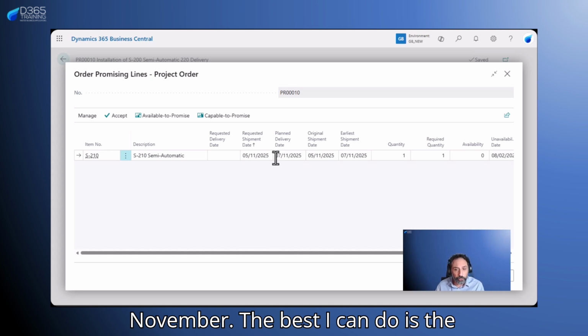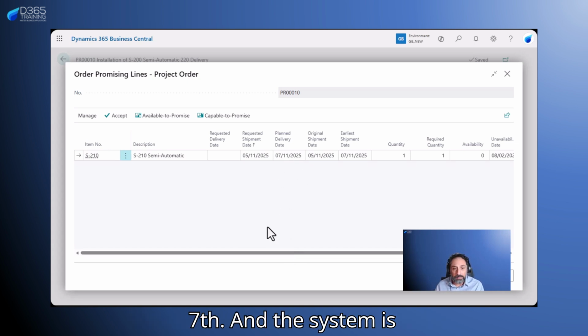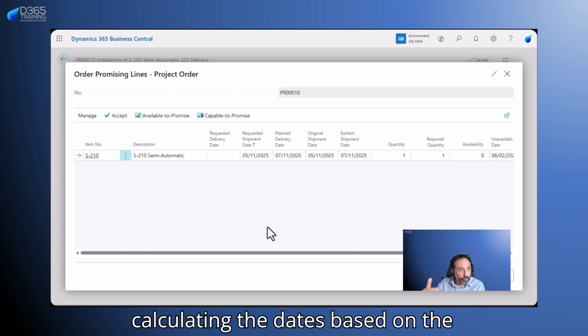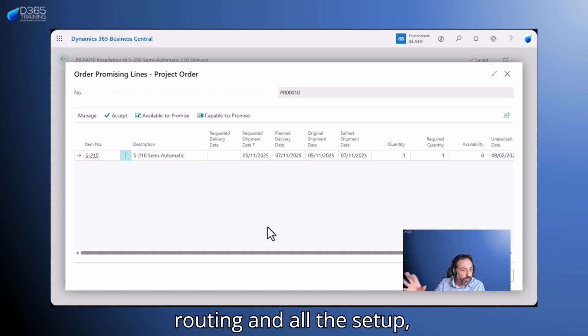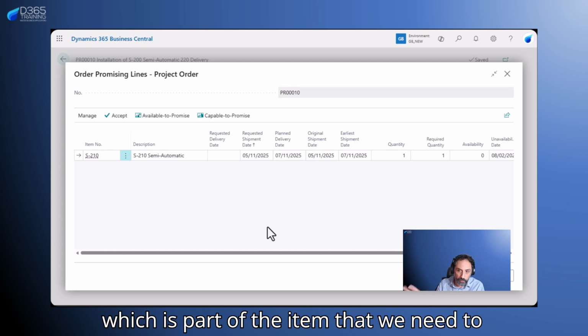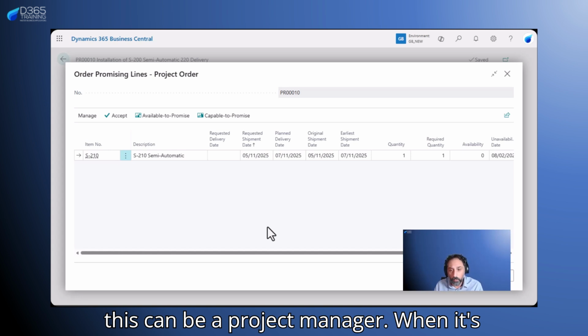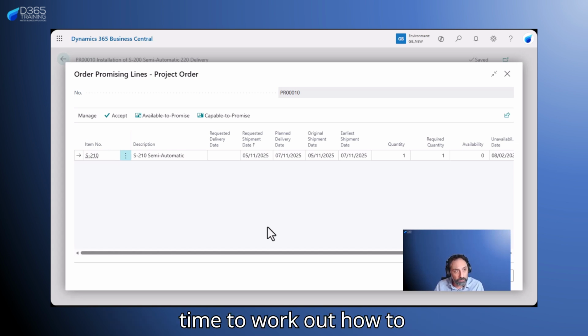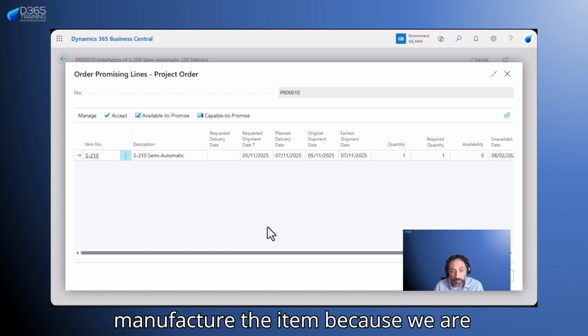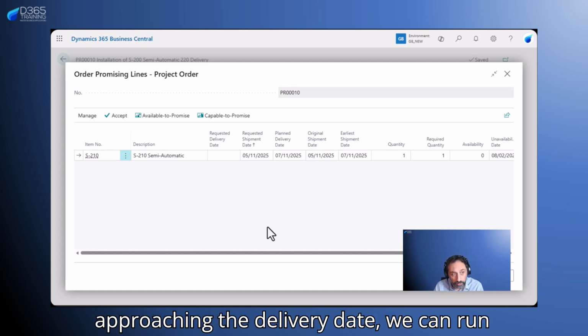The best I can do is the 7th. And the system is calculating the dates based on the routing and all the setup, which is part of the item that we need to manufacture. So this can be a planner, this can be a project manager. When it's time to work out how to manufacture the item, because we are approaching the delivery date, we can